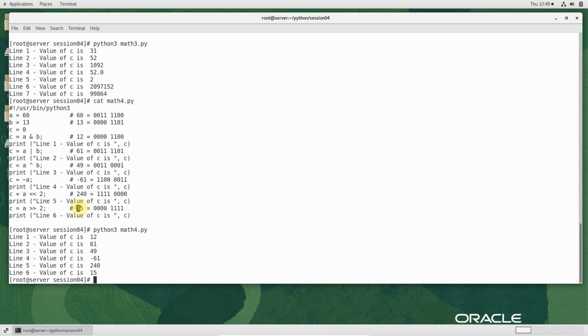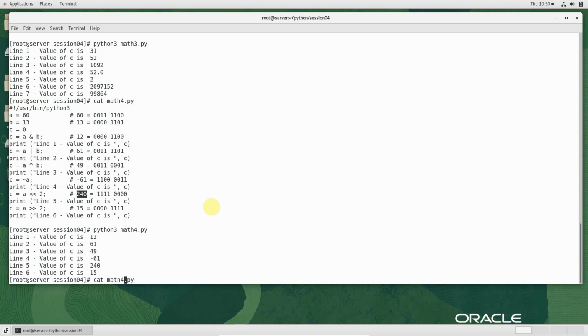When you convert it into binary, what will it be? This is left shift, shifting 2 bits on the left hand side. So if you shift the value, what will happen? These zeros will go, two zeros will be added and these two zeros will go. So it will become 1111 0000. If you convert it into decimal, it will be 240. So this is left shift, right shift, and negation. Basically all these are binary operators, and we call them bitwise operators.